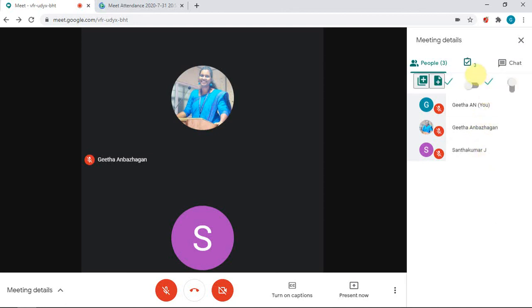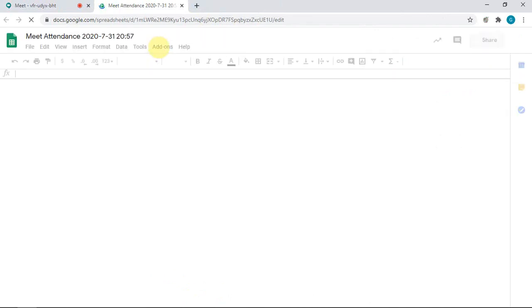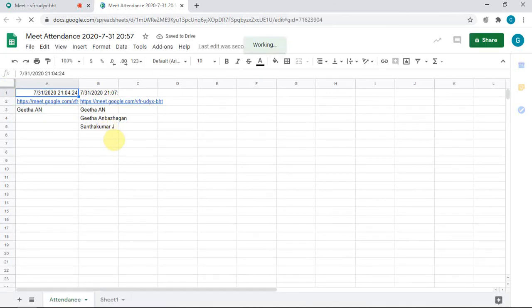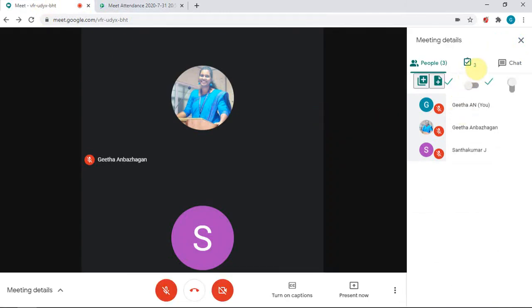To get the attendance of this, you need to click this. Once after clicking this, a Google spreadsheet will be opened representing the participants, and here the date as well as the time at which the attendance is taken is also mentioned, and the number of participants. In this way you can take the attendance at any instant throughout your meeting session. You can save this spreadsheet. At the same time, it will be available in your Google Drive or Google Sheets. No need of doing it separately. Automatically when you click your spreadsheet attendance, it will be saved in your Google Sheet. You can refer to it later.